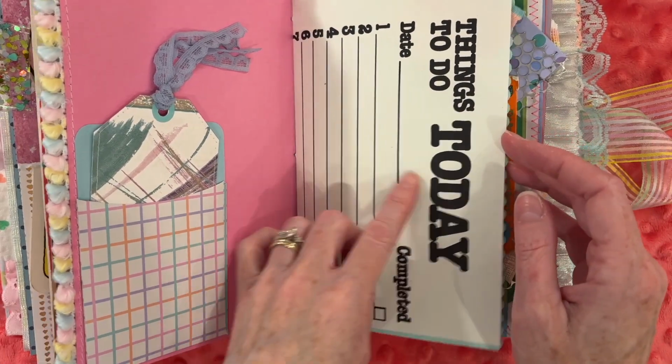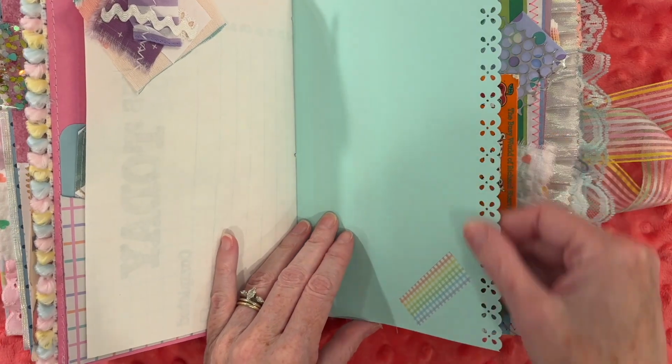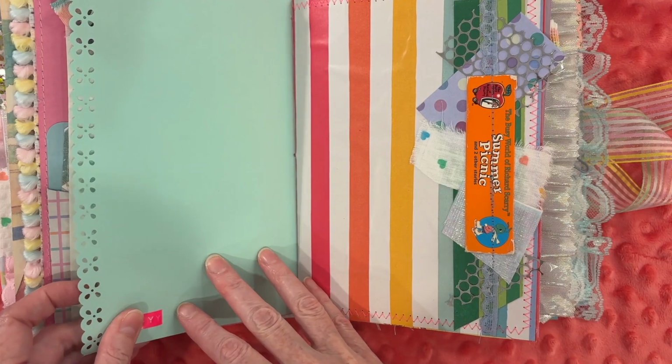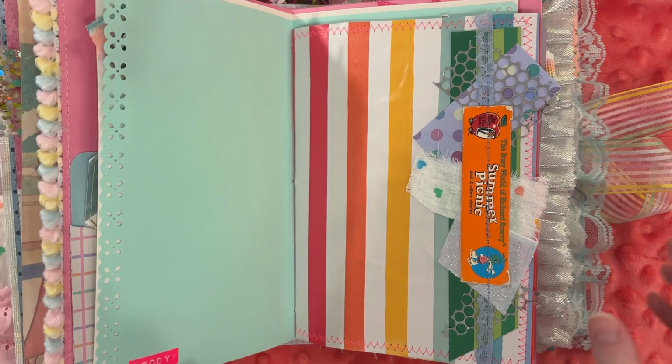A to-do list that looked very 80s to me. And another cluster, and a punched page with some washi. This says Grody. Do you guys remember that one? This is some...